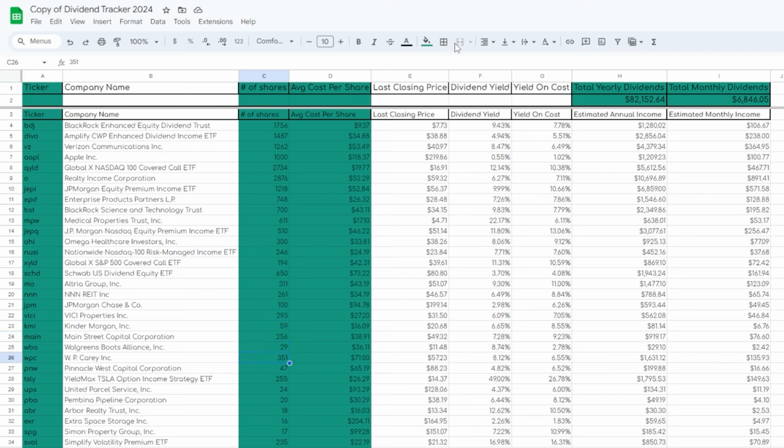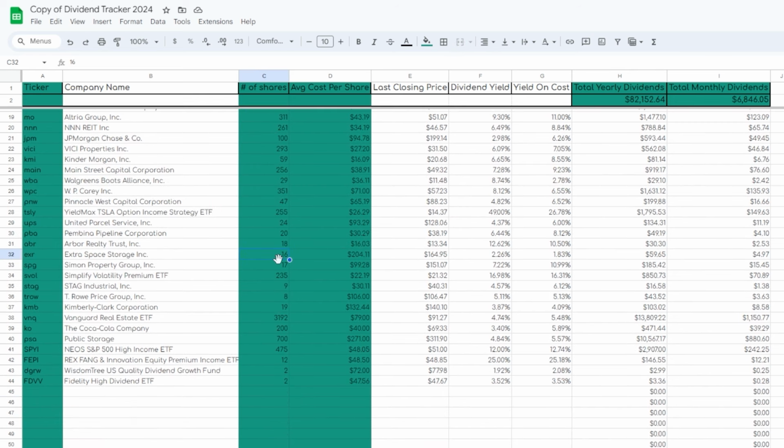We have our 29 of Walgreens. We have our 351 of WB Carey. We then have our 47 of P&W, 255 of Tesla. Still have our 24 of UPS, 20 of PBA. We have our 18 of ABR. We have our 16 of Extra Space Storage, our 17 shares of Summit Property. We have our 235 SVOL. We have our 9 shares of Stag, our 8 shares of T-Row, 19 of Kimberly Clark, and nothing really all